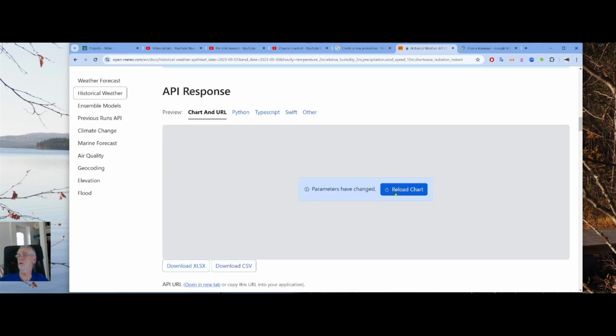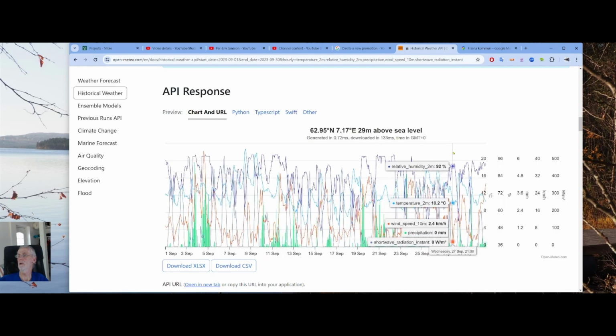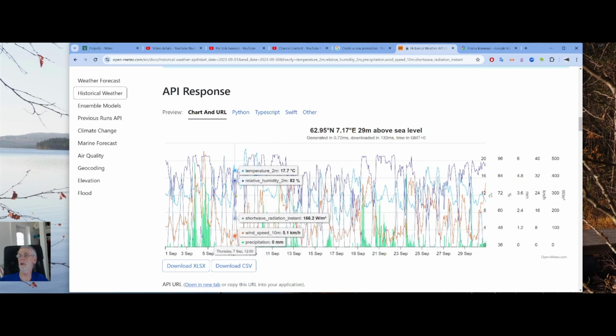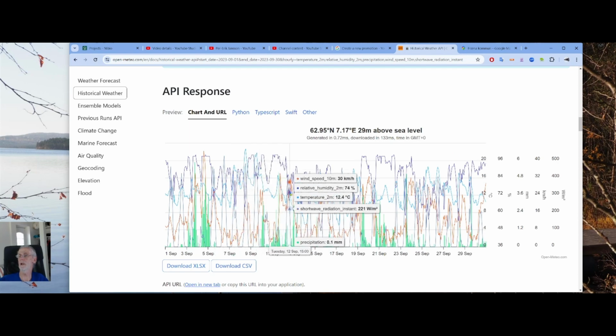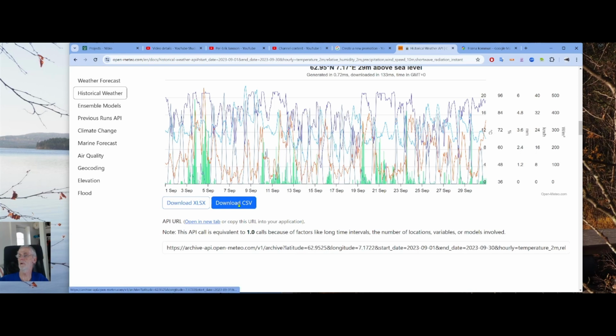And then we go to the reload of the chart. And we see a chart showing those data for this particular month and this location. And we have a button so we can download it as a CSV file. So that's what we have done. And now everything is ready for comparing with what we have been doing when we looked at it from the data logger. So I can close this,